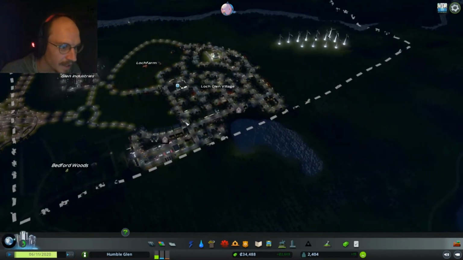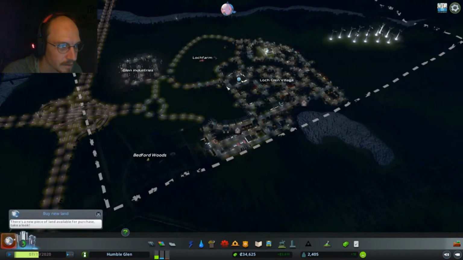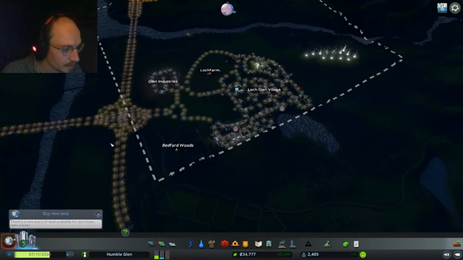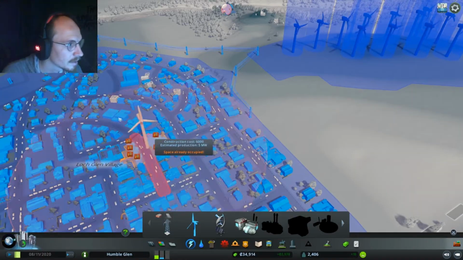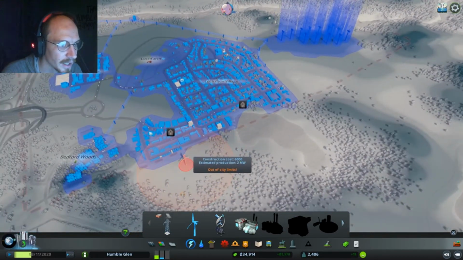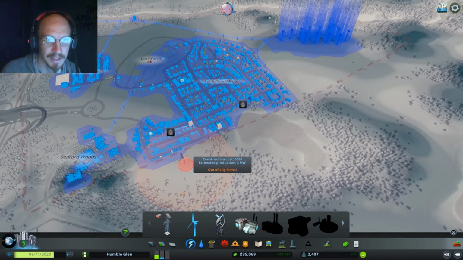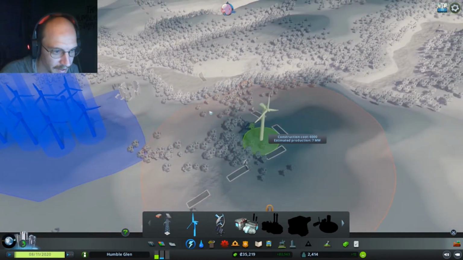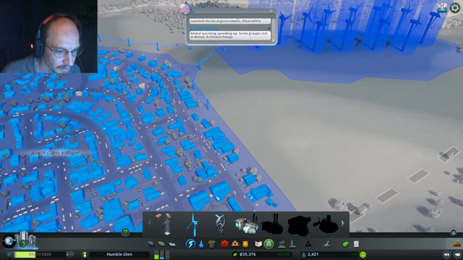So now we can start getting educated students to work in the places that require educated and well educated. And that's fine. I know I can buy new land, but we don't need to. We're absolutely fine. How are we doing power-wise? Yes, suddenly we had a massive uplift in the amount of power. Don't specifically know why, but it happened. So, since I do have a little bit of...